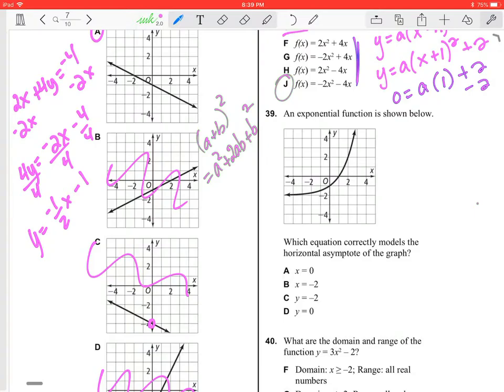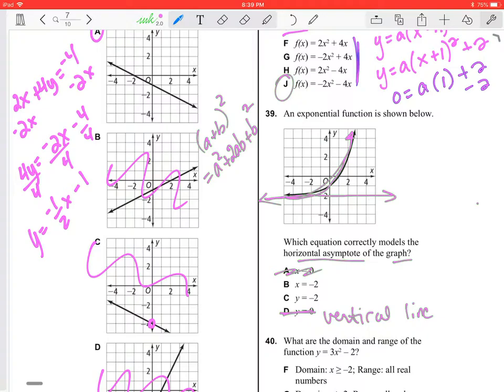An exponential function is shown below. Which equation correctly models the horizontal asymptote of the graph? A horizontal asymptote is the line that the graph is going to look like it's going to cross, but not quite. We know it's not going to be x is equal to 0 because, look, it's crossing our x-axis. So we know that it won't be x is equal to 0, and we know it won't be